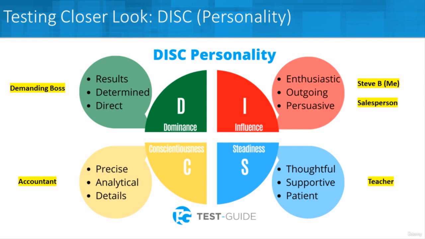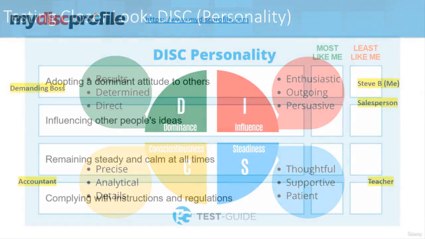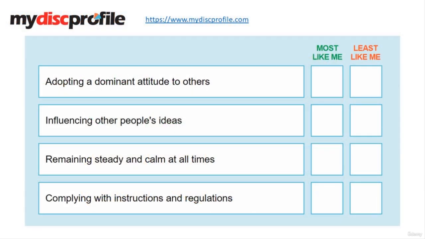But everybody's different. Everybody has a unique score, but they will have one of these 4 quadrants where they stand out and who they really are. Not who they are, but what the exam is saying who they are. And these exams tend to be somewhat right on. I know I'm a very influential person, so it did not surprise me that I was high I. And for the questions on this, you can go to mydiscprofile.com